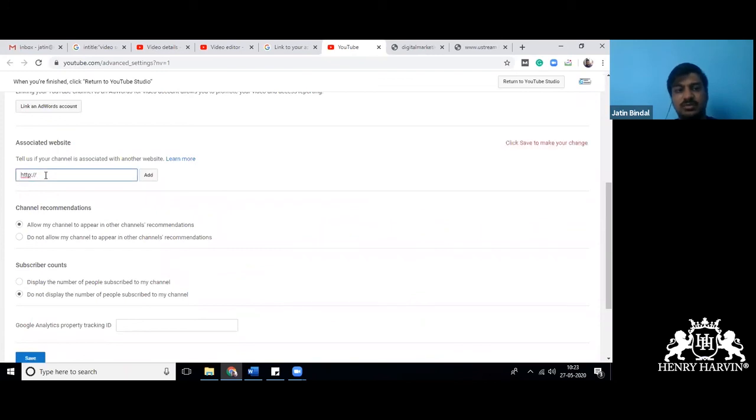You have to add your website. Like I add https www.jaipurlitfest.org, not Jaipur, JLF. Okay, and add it.